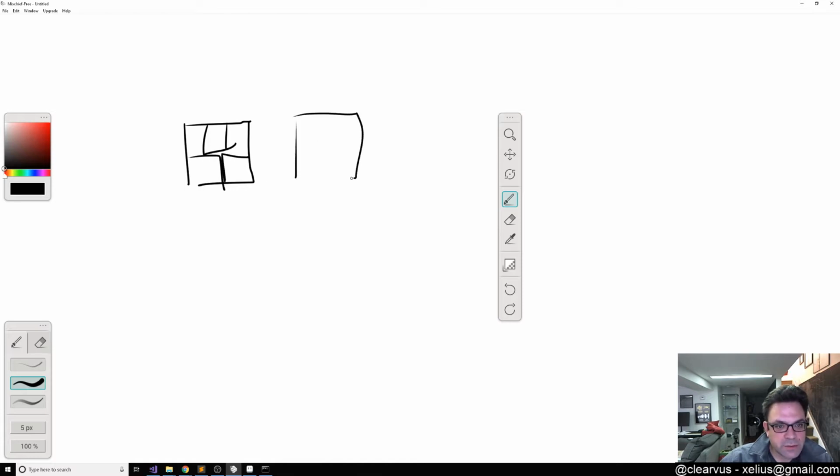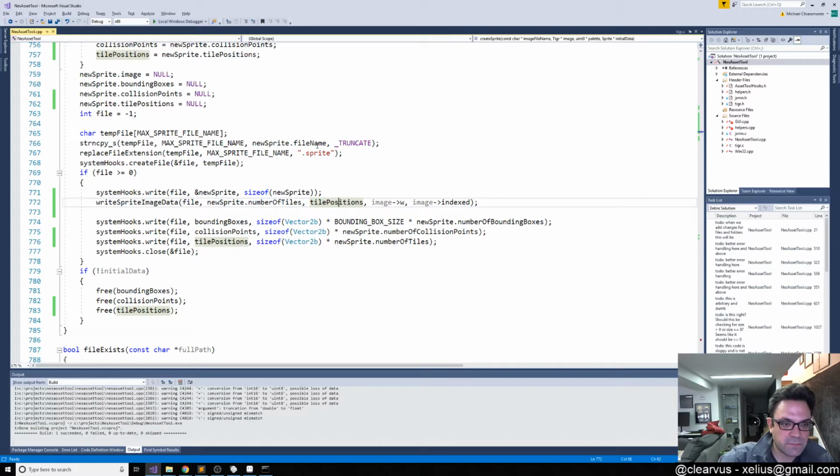But there are going to be other sprites where we do want just that sort of even 8 by 8 division. So what we have to do is, by default, assume that that's what we want, and then we can go back and tweak the JSON file. So, two parts to this. If the number of tiles is 0,